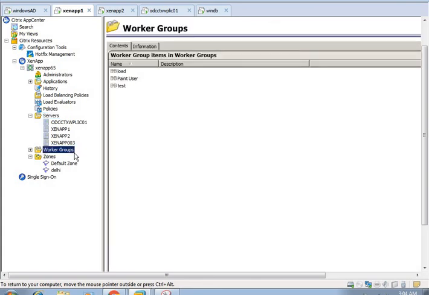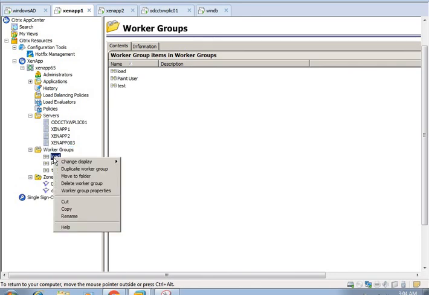A worker group is like a container in which we can put servers with the same properties, for example on the basis of application or location. In a worker group, we apply all the policies.